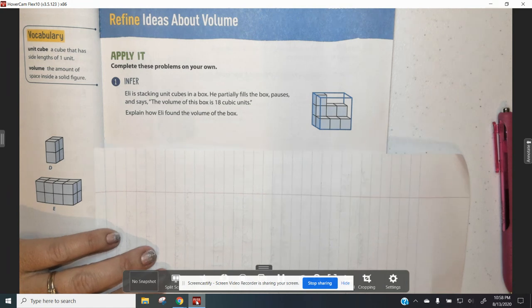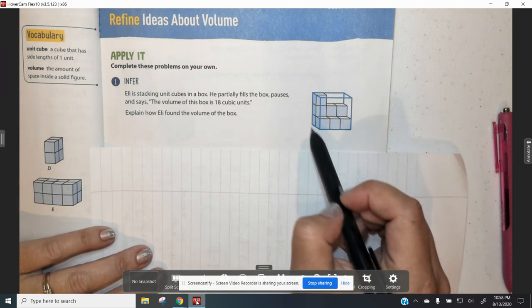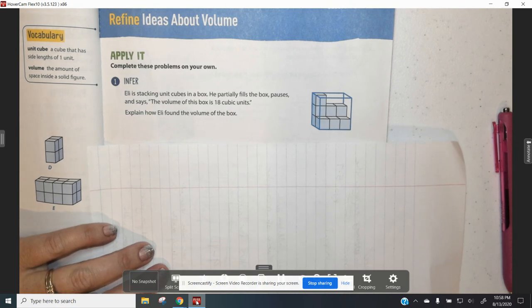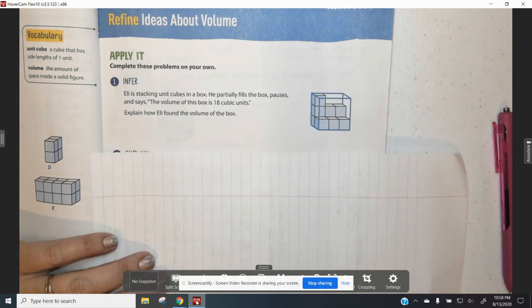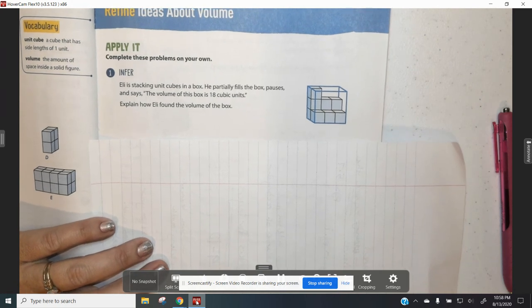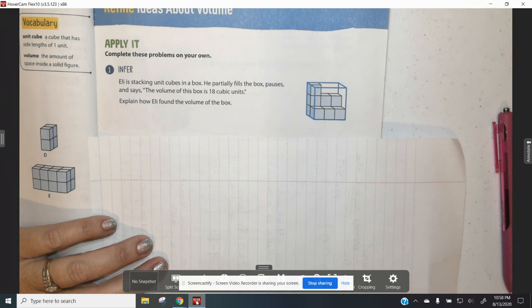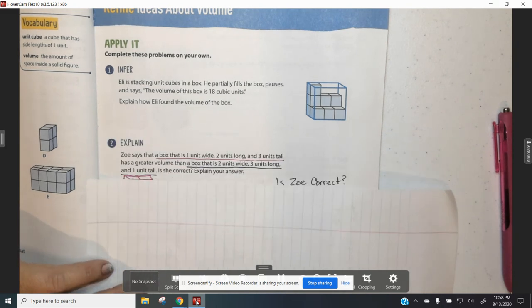So I want you to write an equation that shows me how he knew, without filling the whole box, that the volume is 18 cubic units. You could show me an addition sentence or a multiplication sentence. You also could explain how many layers there are and how many there are in each layer. Any of those ways would be a great way to show how Eli knew what he knew. Number 2,